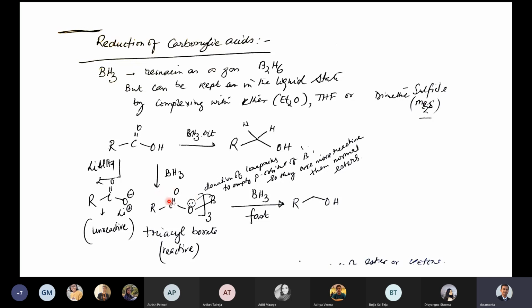So now the nucleophilic attack on this carbon becomes very high. Electrophilicity of this carbon has increased. So now this hydride coming from the BH3 can easily attack here to form O negative, and this will go up. Okay. So another molecule of hydride also can attack here to form this OH. Okay. So basically this hydride can attack here to form this CH2OH. Okay. Yes, sir. Yeah. Okay.